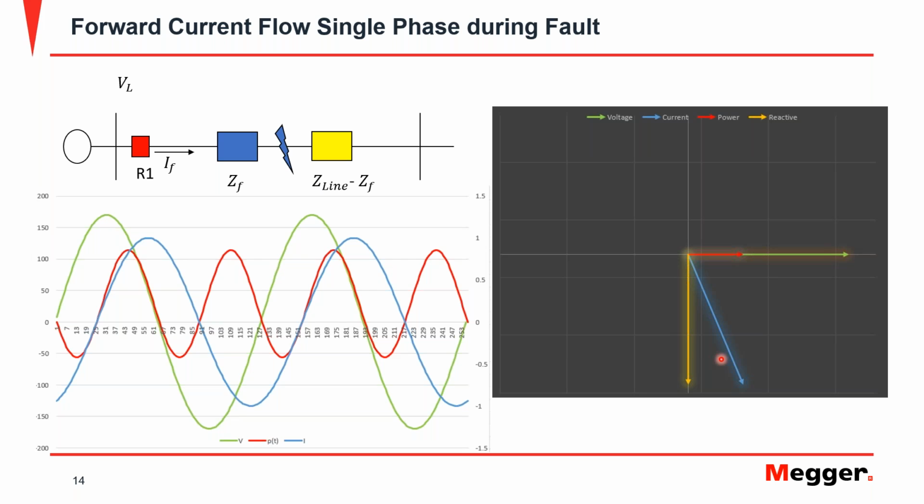And secondly, it allows us to start figuring out that if the fault happens in the forward direction from the relay, then we are going to have a phase relationship between voltage and current that is going to put the current somewhere in this quadrant in relation with the